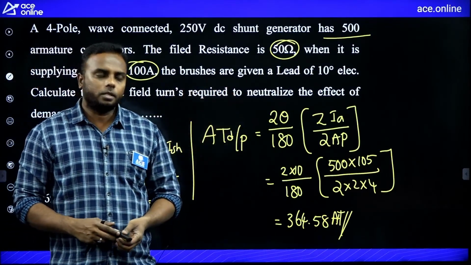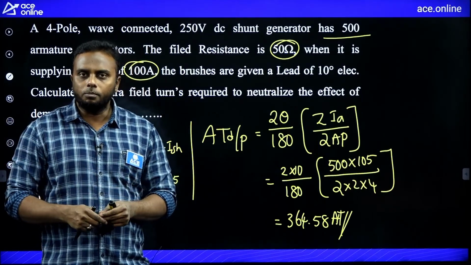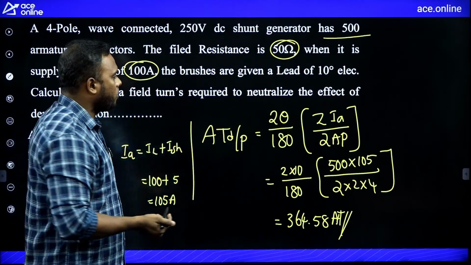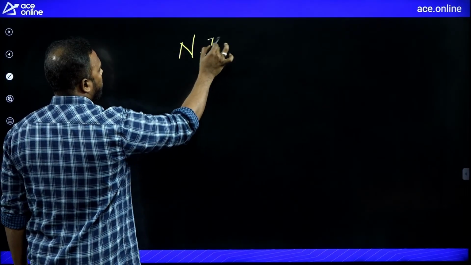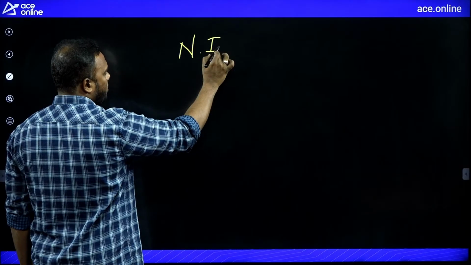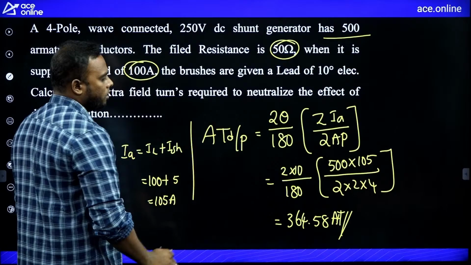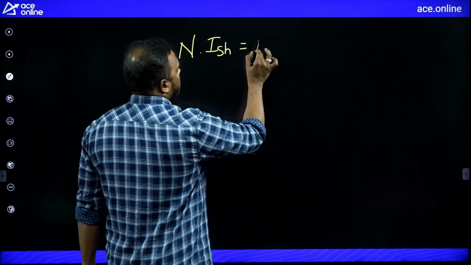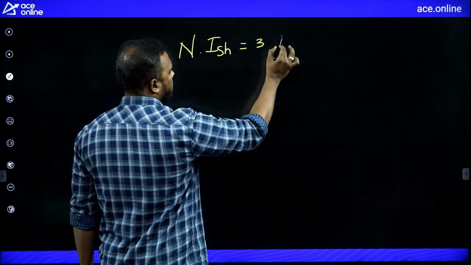to neutralize this. That means whatever demagnetizing is there, that is extra we have to compensate, we have to generate that. Therefore, the number of turns in field winding let n, and current in the field winding same. Even if you add any number of turns, same current only will flow. This must be neutralized by this much again extra. The MMF required is this much, 364, whatever demagnetizes,